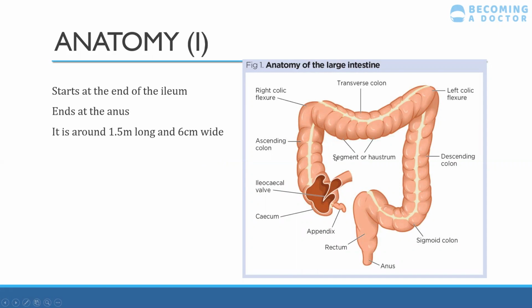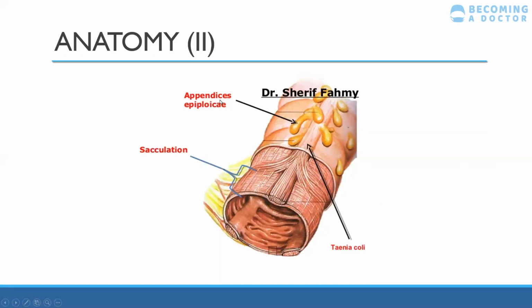And you also have something known as your appendices. I can't really pronounce this correctly, but that is basically your fatty tags. These are small pouches of the peritoneum which are filled with fat, and they're situated along your colon, but they're not really there in your rectum. The function of these is largely unknown, but